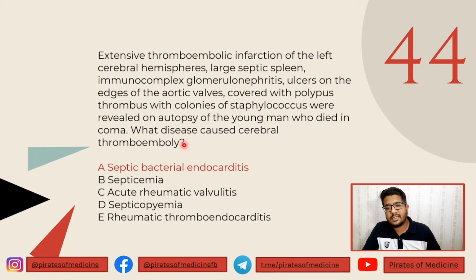Now, what is happening in this patient is there are a lot of morphological symptoms. You can see the spleen is septic. You can see glomerulonephritis happening. You can see that the aortic valves have ulcers on them, and these are the valves of the heart. They have these colonies of staphylococcus growing on them, and the death of the patient was due to thromboemboli which traveled to the brain, causing infarction, leading to the patient's coma. If you understand this morphological picture, and if you understand the disease that I'm going to talk about right now, you will never forget this picture again.